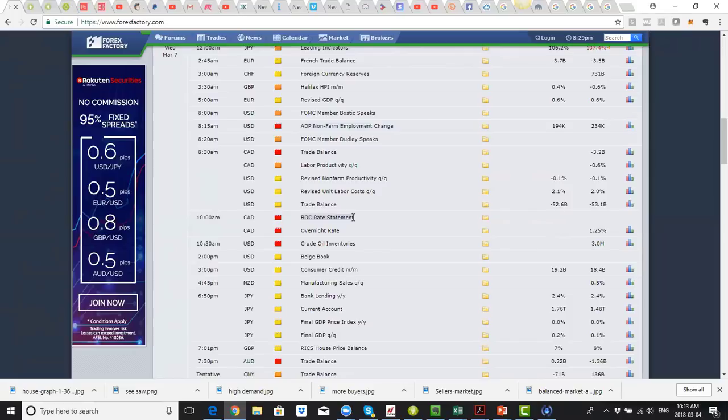Part of that was to cool the housing market in Canada. So now with the US putting tariffs on and also with NAFTA being renegotiated, Canada's economy could be at the point where it could really feel the impact, especially if these tariffs go ahead. So the Canadian dollar could drop as a result. Now this is more of a fundamental development. It's not related to a technical level, so it may not be impacted right away.